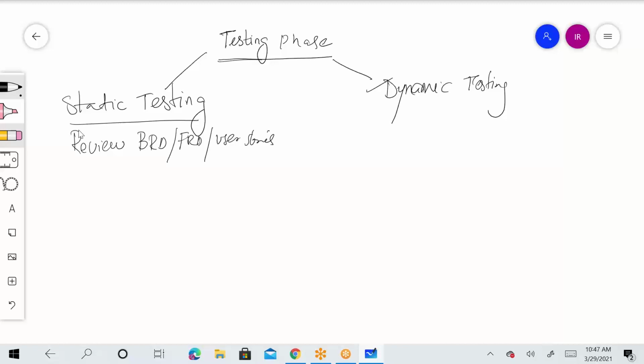But one more time, please review your front end functionality document, FRD, or user stories, and then you can start writing your test cases. The development team needs to review their code at least once before they launch it for the testing phase. So they will be reviewing their code. Once that is done,